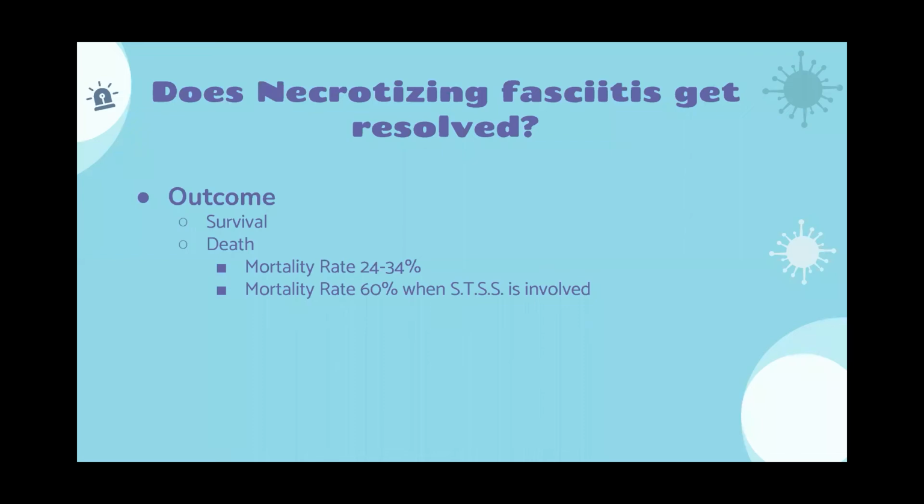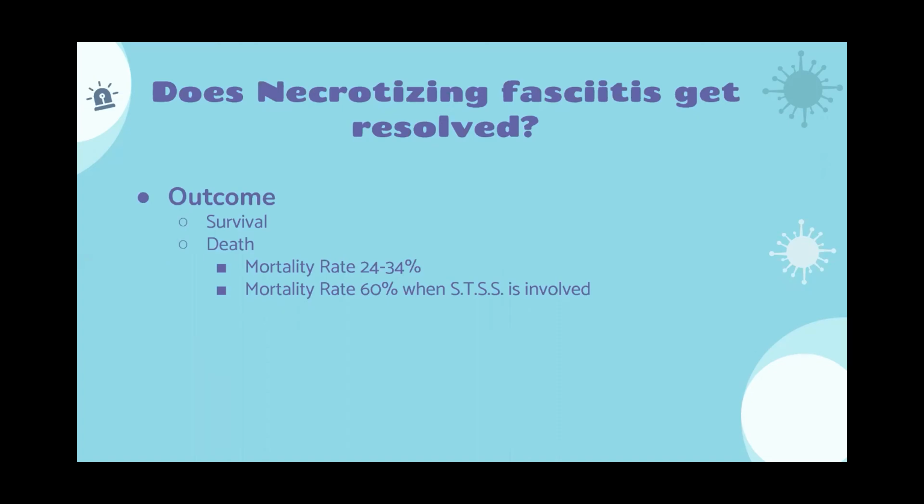Does necrotizing fasciitis get resolved? Because necrotizing fasciitis is a really aggressive infection, the outcome can be either survival or death. According to the CDC, the mortality rate is between 24 to 34%. So 1 in 3 people will die from necrotizing fasciitis, and the mortality rate can be up to 60%. And that is because